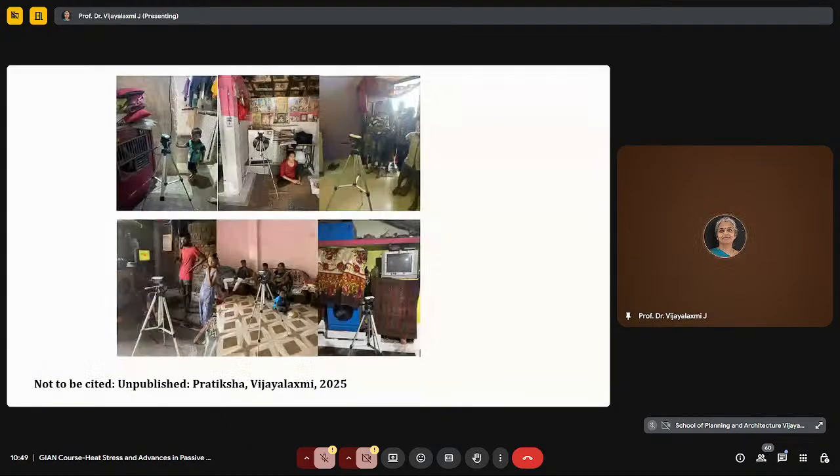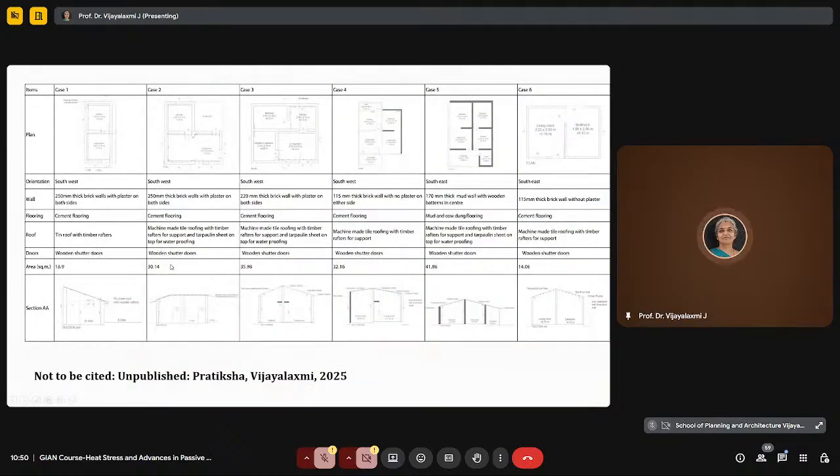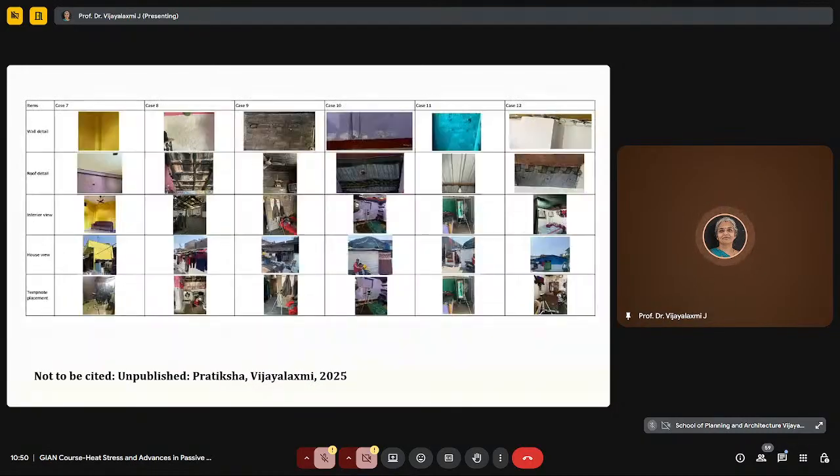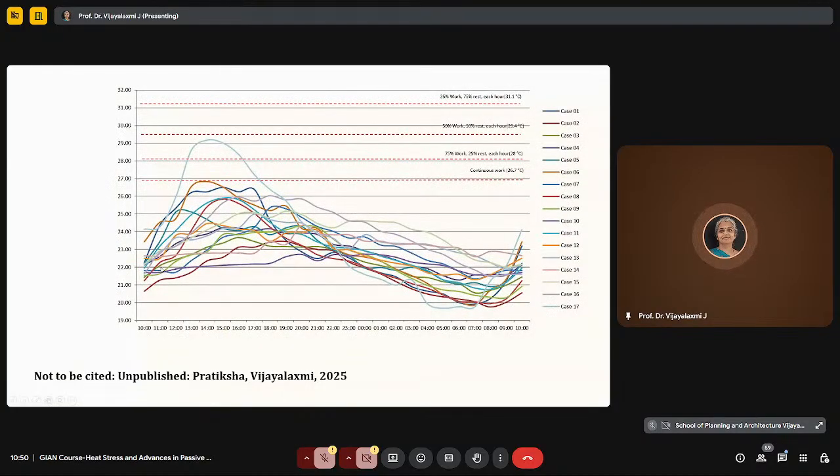And then the data is collected inside using the loggers. And then again we have done the documentation, only of 12 I am showing for lack of time. And then the result shows the WBGT of 17 households